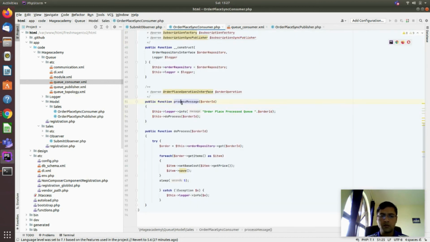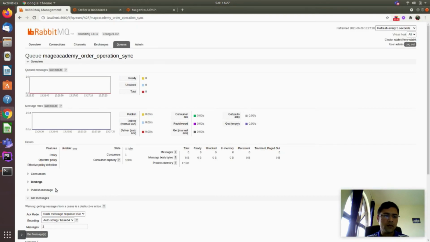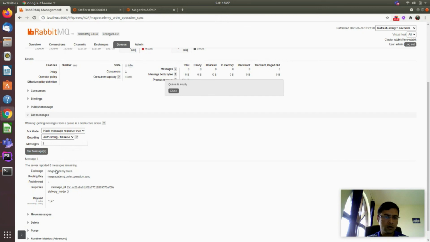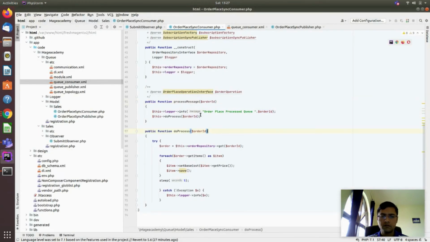So this is the process. It will take the order ID which we are passing from here, and it will call this function with the order ID and do its process.